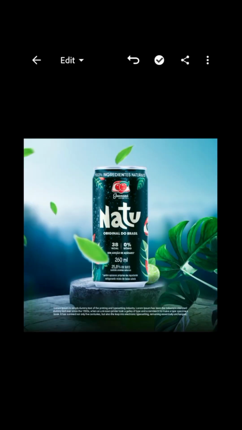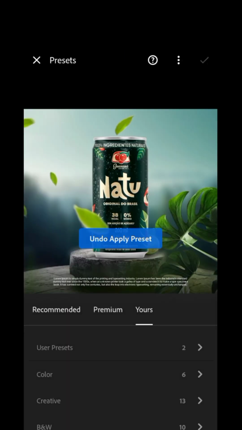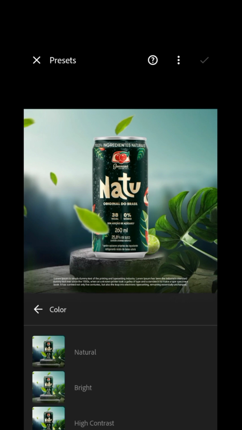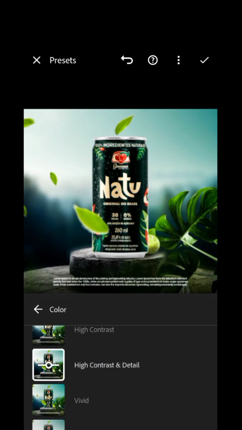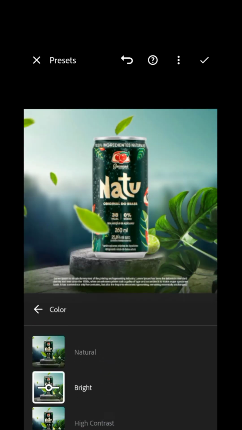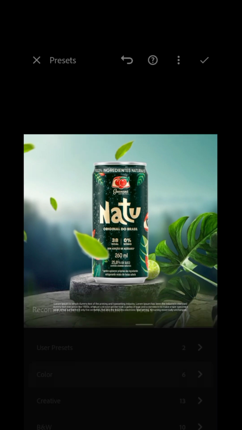So now your image is saved, or you can just, let's undo this, come to your presets. So you see color, these are the presets for colors. You see, let's try this out. So they are really nice and great. So that's how I come about